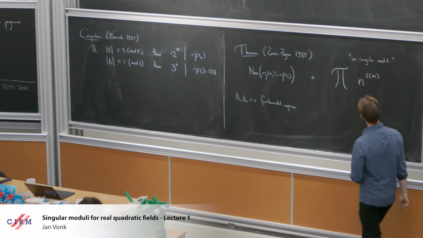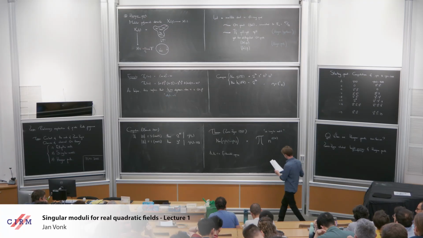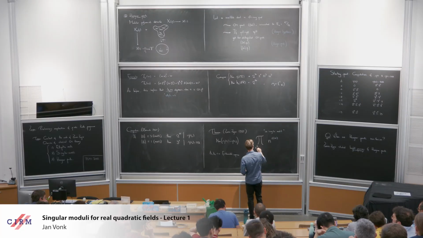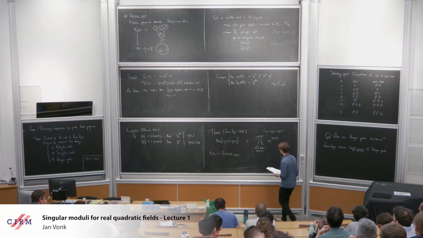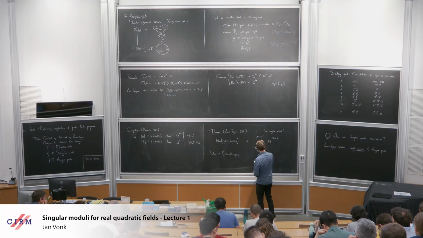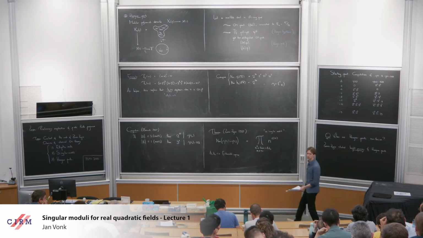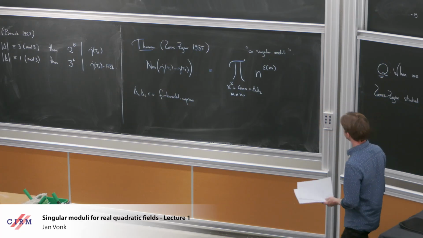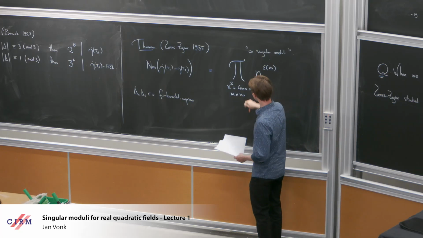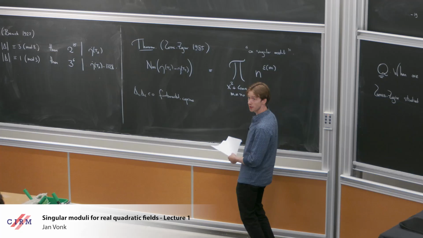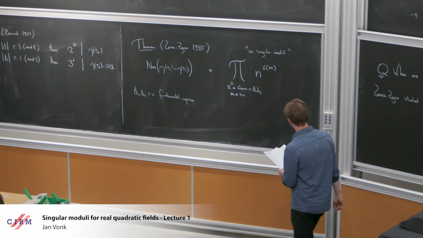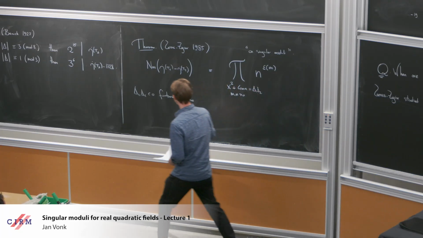There are 3 quantities appearing here that I have to define for you. The product here is over x squared plus 4mn, where m and n are positive integers, x does not need to be, such that x squared plus 4mn is equal to delta 1 delta 2. Delta 1 delta 2 is, of course, a positive number. So I can see that this product is a finite product, because m and n are positive, and x squared certainly is. Okay, so that's what m and n are, where epsilon,